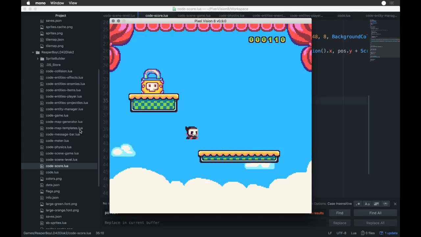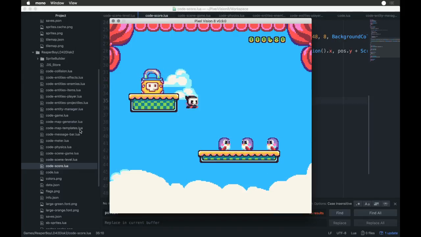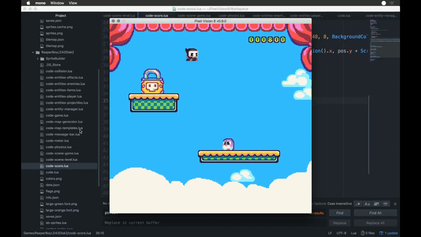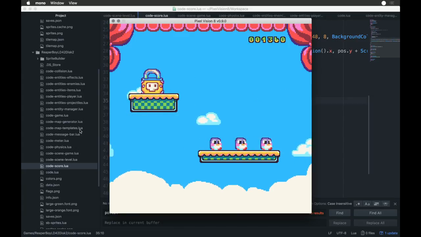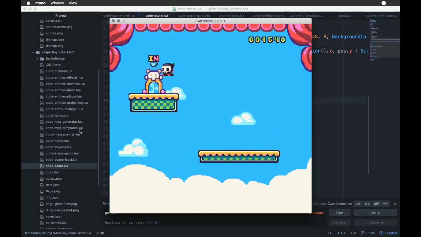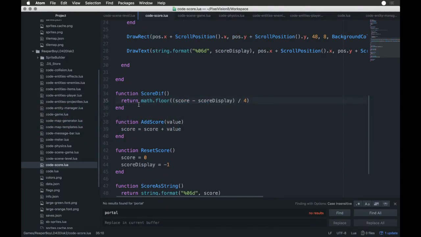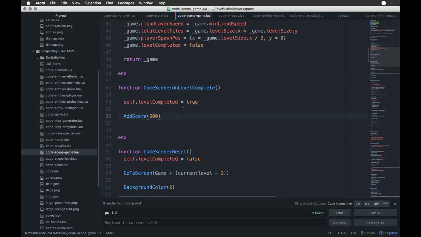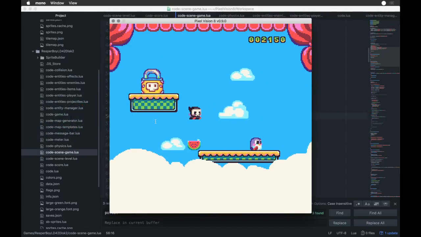All right, so 1, 2, 3. And you see it sort of added the score, and then it moved on to the next level. And that's sort of what we're going for. I feel like it's not adding enough, though. So we'll do 1,000, and then we'll add up some bonuses and stuff, and then maybe what we'll do is we'll make sure that there's a delay between the levels, but